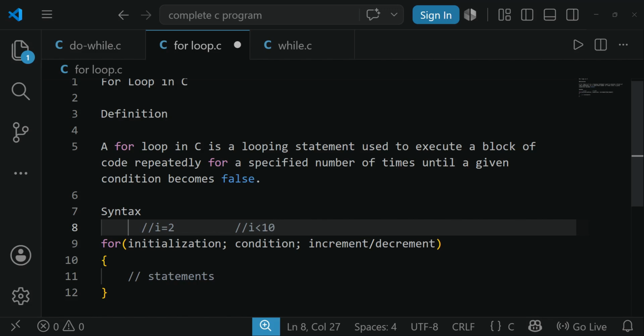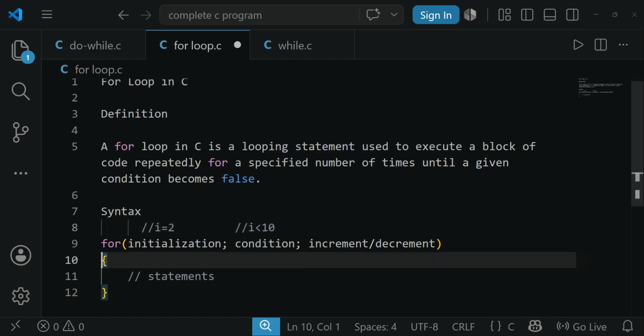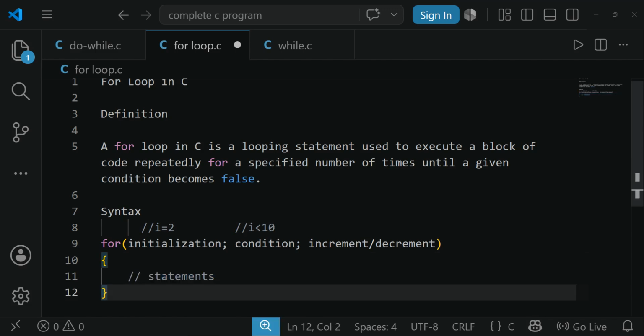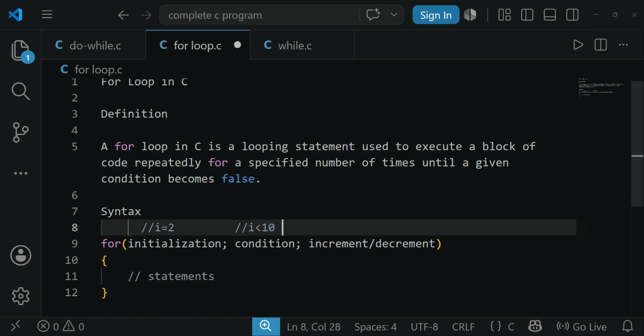As it has I value as 2, it will check the condition. The condition is true. Without increment, it will first enter into this block. It will execute this block. After the block has been executed, it will come back for increment and decrement. Once the increment or decrement is done, as of now we will see something like